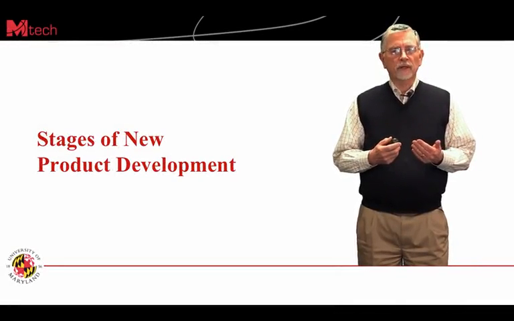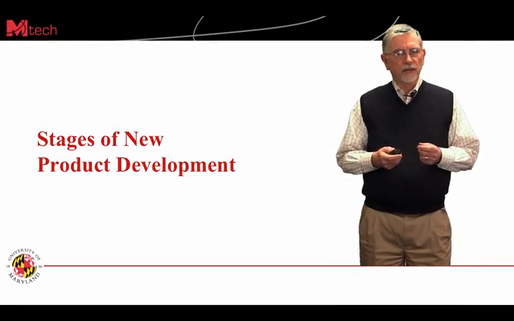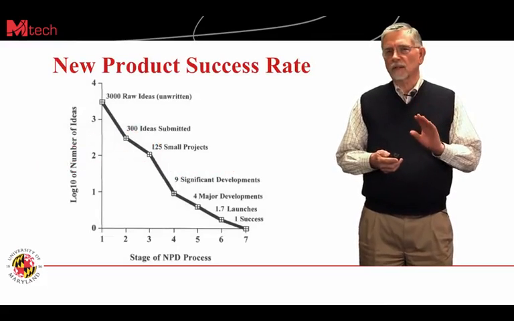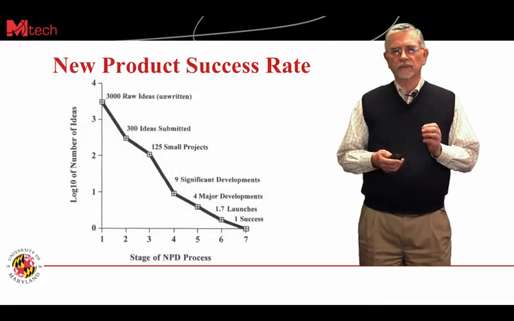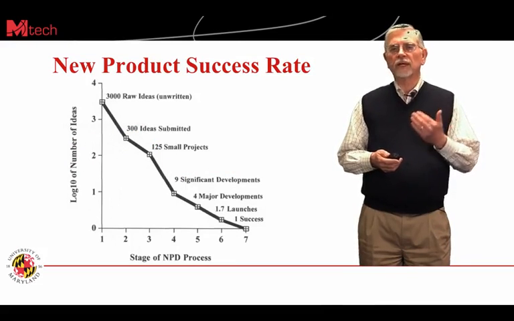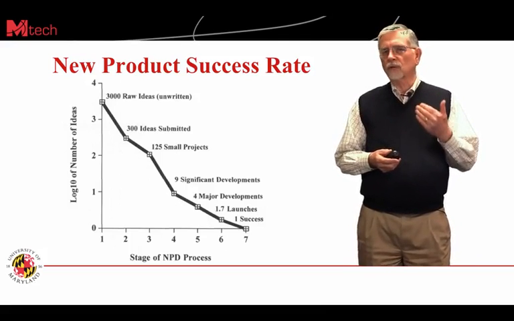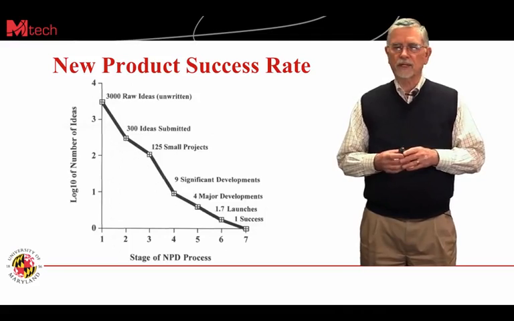Stages of new product development, we're going to look at an engineering perspective of how a new product gets developed. So let's start with an understanding of how difficult it is for a new product actually to get developed. As we can see in this diagram, you start with a lot of basic ideas, in this case 3,000 ideas,